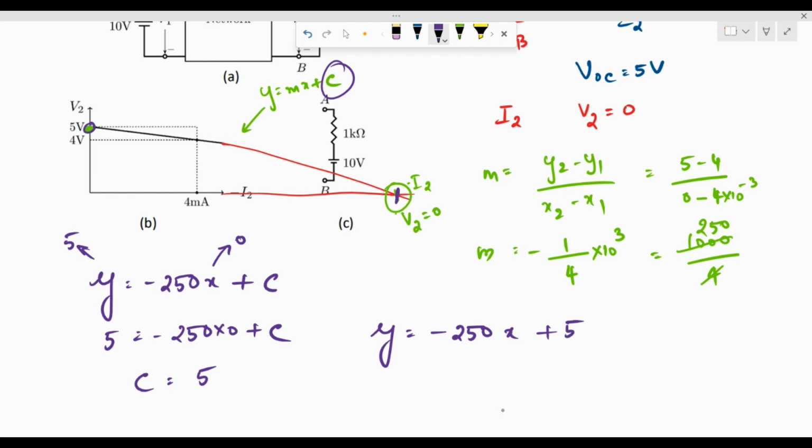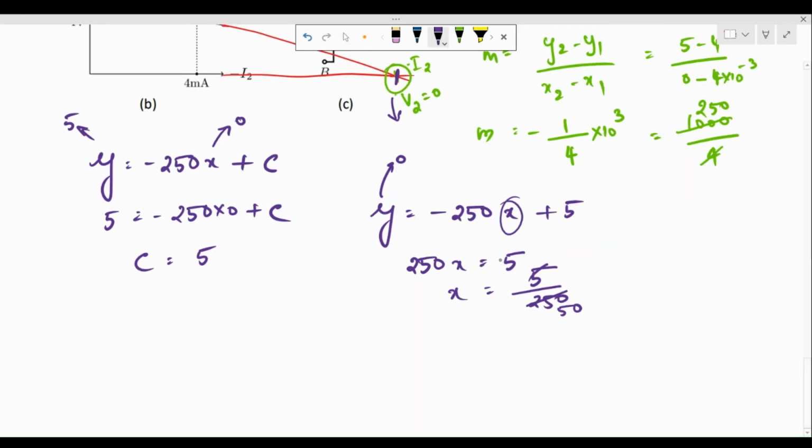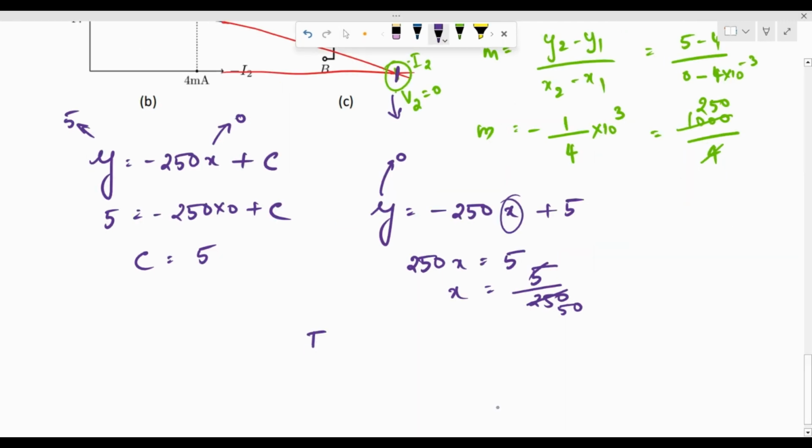Now we need to compute this particular coordinate over here. So we know the y coordinate here, which is 0. We need to find out x. So when I replace this as 0, I get 250x is equal to 5. Therefore, x is equal to 5 by 250, which is 1 by 50. So the value of I2, therefore, can I write it as 20